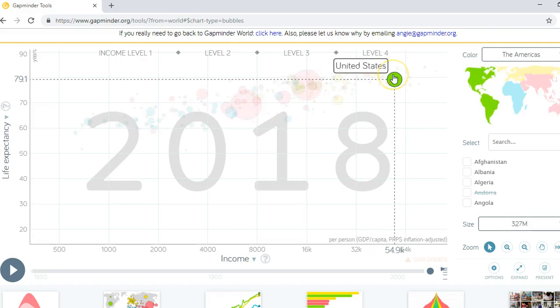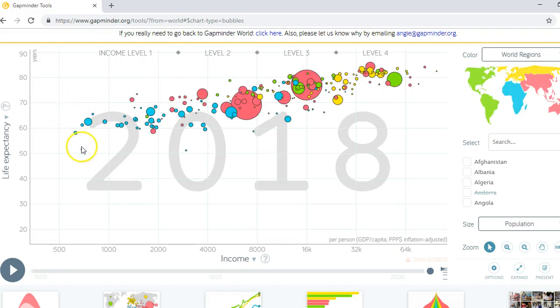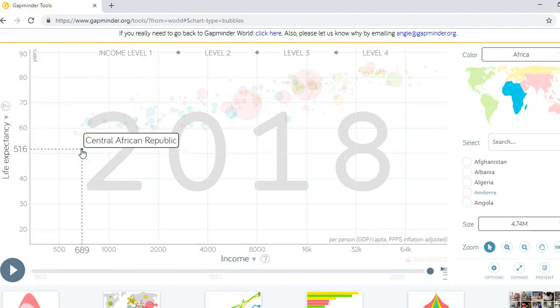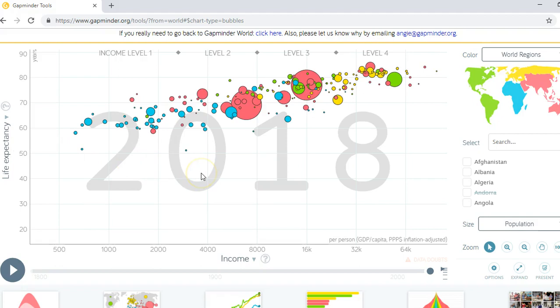When you go over here to the United States, 79.1 is life expectancy with an average income of 54.9 thousand. And then you have some other countries over here, Central African Republic, their average age of life expectancy is 51, and their average income is $689. So one thing it asked us to do is to look at where all the dots are for 2018. Again, you can go back and forth, look at this multiple times, but let's answer our questions